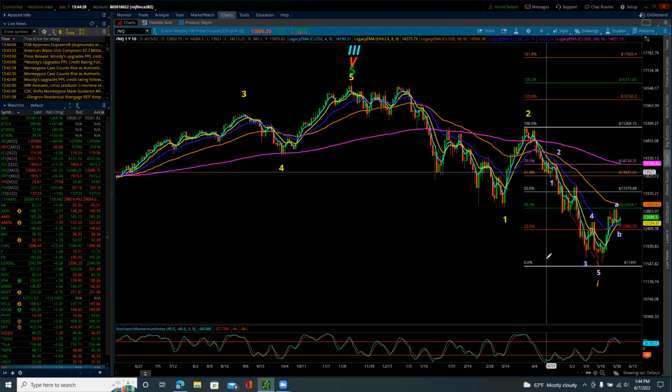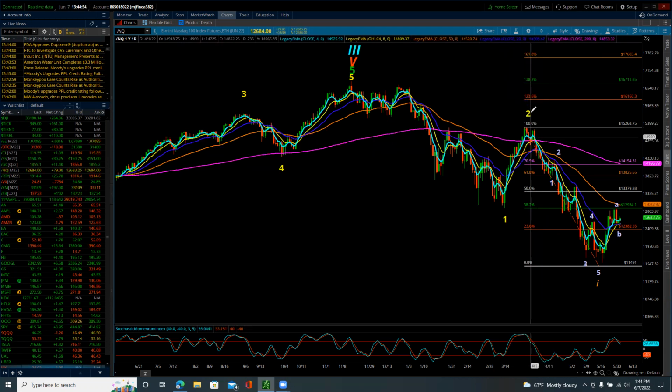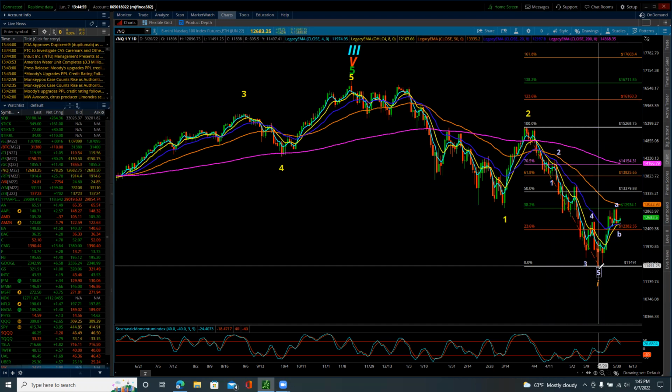Good evening. This is the Elliott wave update for the NASDAQ 100 for Tuesday, June 7th, 2022. We finally may have gotten our answers today in that both the NASDAQ and the S&P appear to possibly have completed what I have been tracking as an internal B wave within the a little bit larger minor wave 2 correction. So taking a look here on the daily chart, we're still tracing out a larger intermediate wave 3 down,